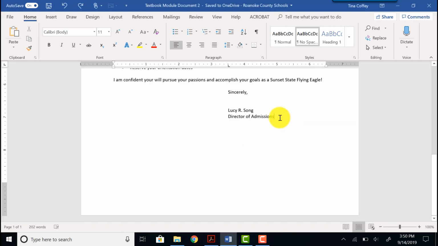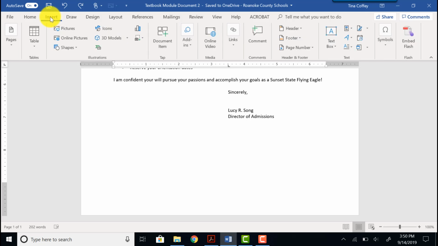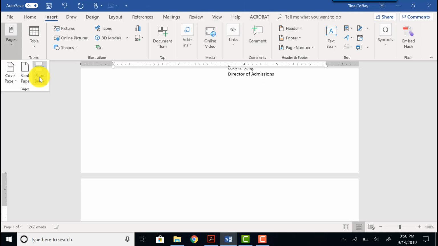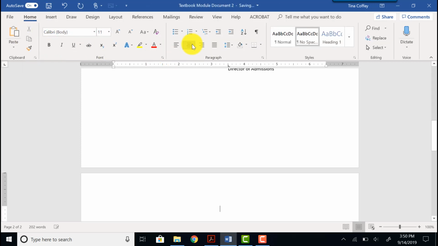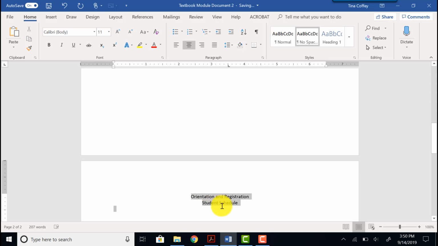Now that we've finished our letter, it's time to add the schedule on a second page. First we need to insert a page break, so the schedule goes on its own page. That's Insert tab, Pages, Page Break. Then we want to center our cursor for the title of the schedule and type some text. Then I'm going to select the title,